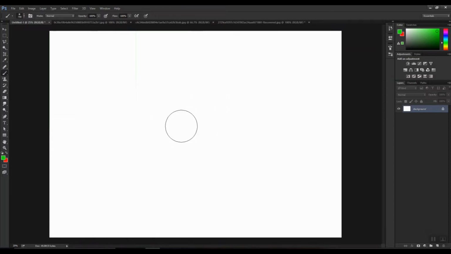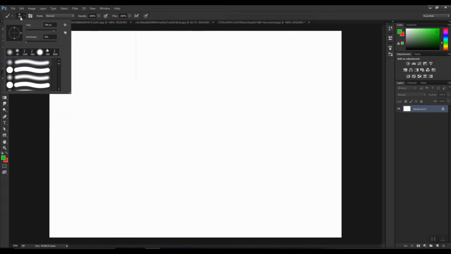As you can see the circular icon on the screen, this is the symbol of the brush tool. This denotes the size of a brush. This we can change according to our own preference. The size of the brush can be changed by different methods. I will explain to you. Before that, let me add one thing.